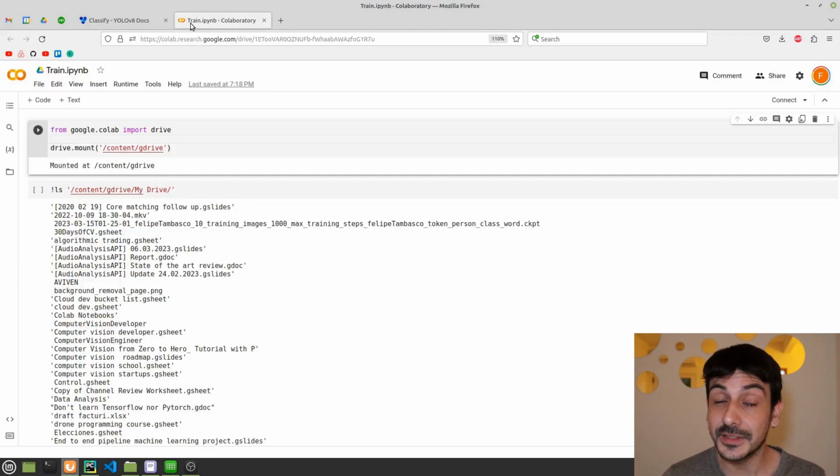Now, once your data is in Google Drive, you need to be able to access it from the Google Colab. And in order to do that, you need to execute this cell. If I click enter, you can see that now I'm going to be asked if I want to connect Google Colab with Google Drive, and the only thing I need to do is accept.